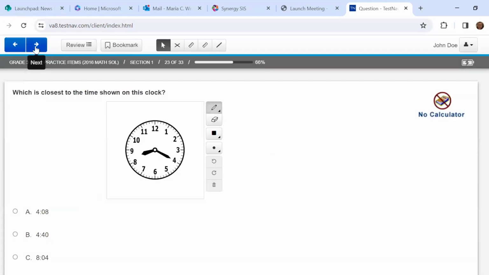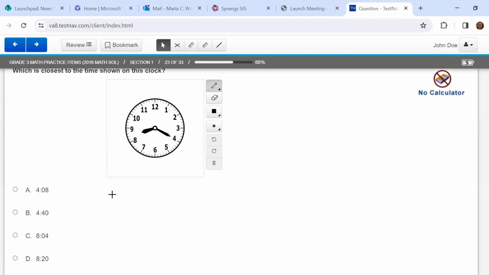What is closest to the time shown on the clock? My hour hand is shorter. It's in between the 8 and the 9. If you can't tell, you could use your straight edge to extend it. Okay, so it's not at 9 o'clock yet. So I think it's 8 something,